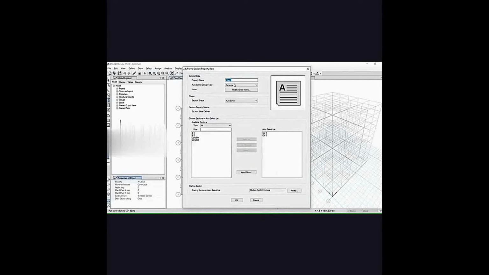I have to select the column auto select and add the column 1 and column 2 options together. Now click on add and click on OK. The mouse is not working properly. I'm sorry for this.